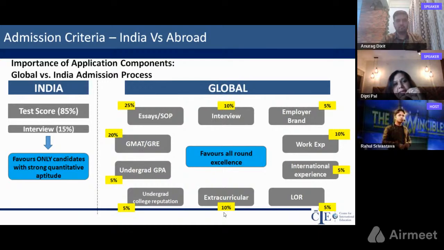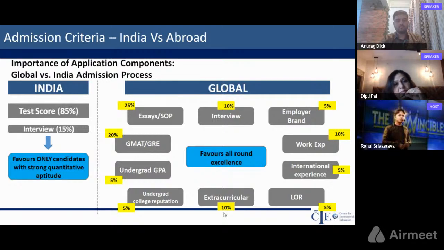First of all, in the Indian scenario, the admission committee gives a lot of emphasis on your competitive test score, the entrance test you give, whether you're going for management education at a master's level, or for a master's in technology or engineering related exams. So 85% weightage is on your test score. If you score well on your competitive exams, there are great chances of making it to the top schools. So your profile doesn't come into the picture at the time of the admission.